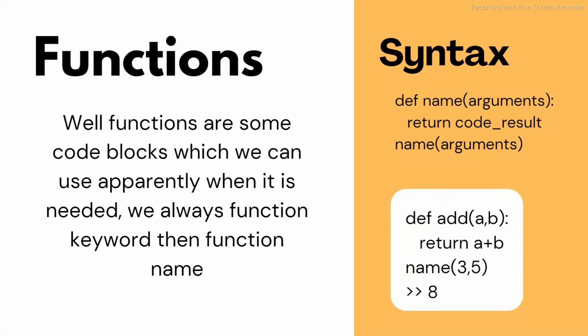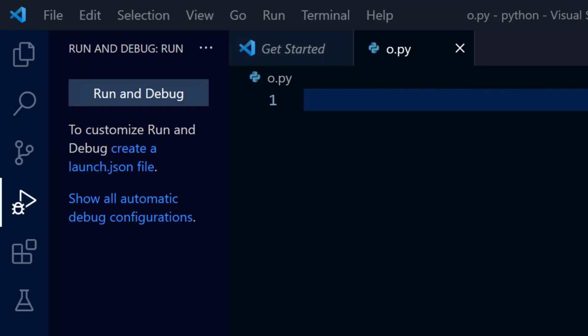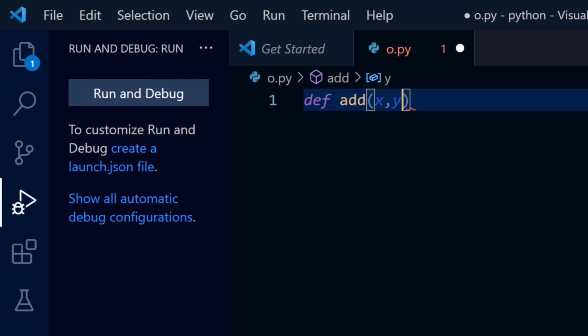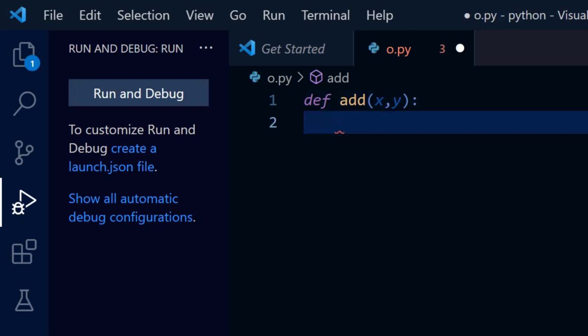First of all, I will discuss the syntax of the function. To create any function, we use a keyword called def. After that def, we use the function name, which is add, and then the arguments, which are the numbers given as input to the function. For example, here I am going to use x comma y, and I just save it, and we use a colon. After that, we are going to return,